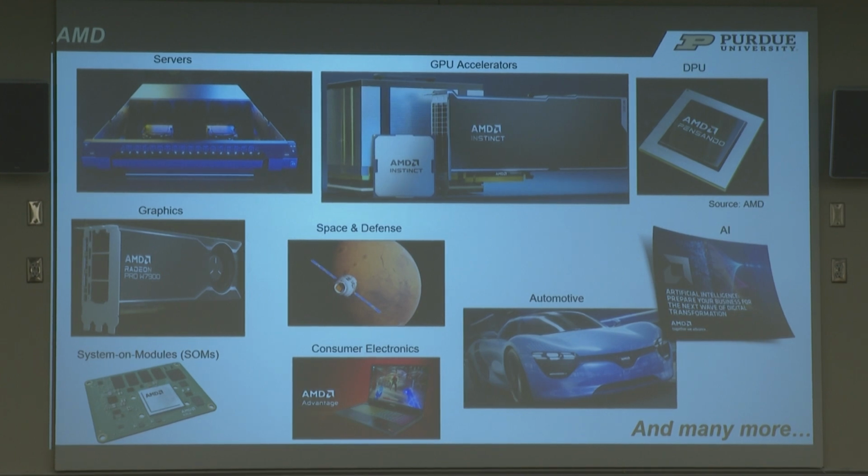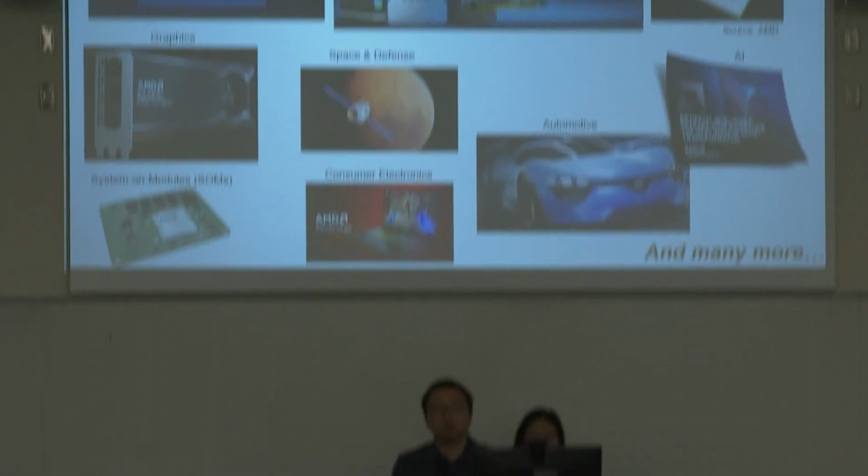I had a very nice conversation this morning with Navi, and he essentially educated me on what a DPU is. And there are many industries that are using the solutions provided by AMD. And without further ado, I'm giving you Naveen